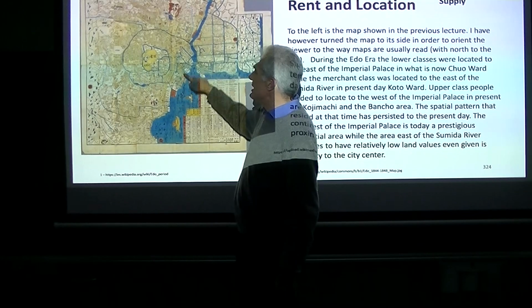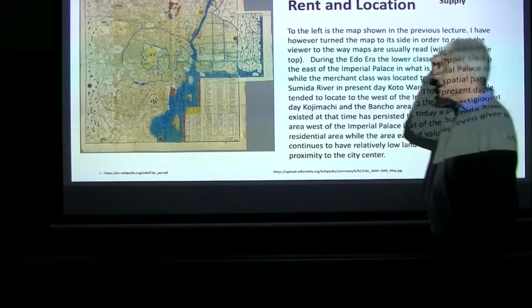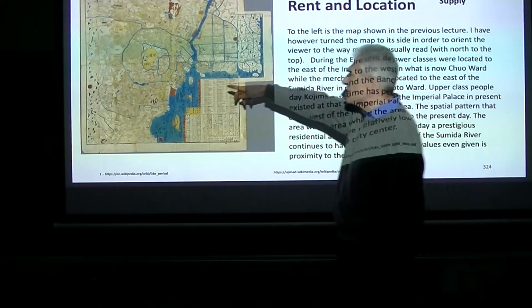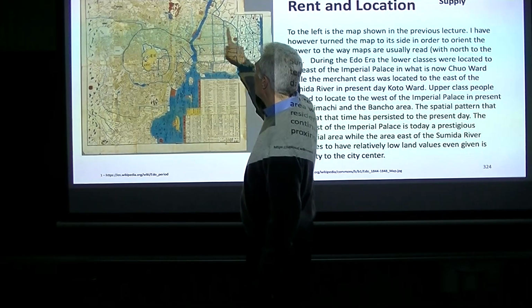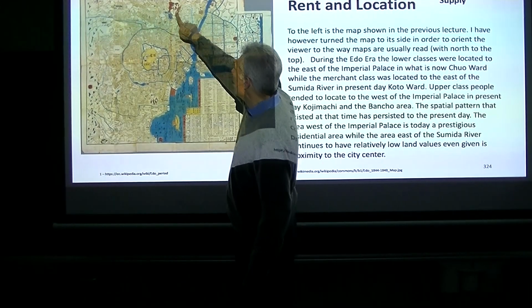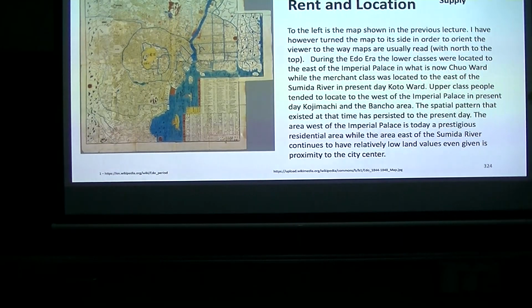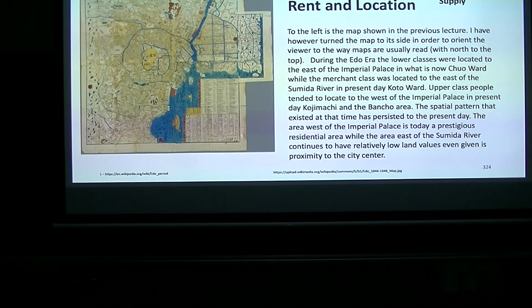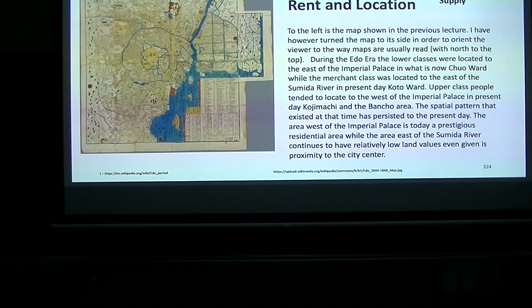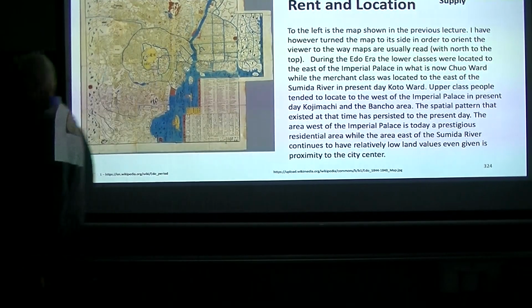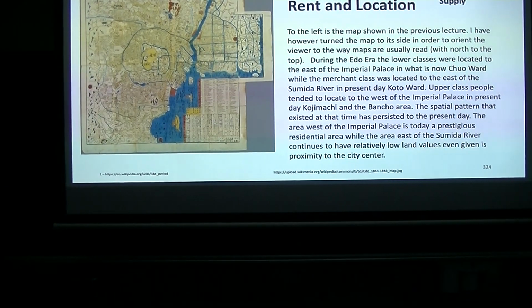I think I talked about this last week. And you can see a lot of features that existed at that time and are still present even today. One of the interesting things about this city is the,